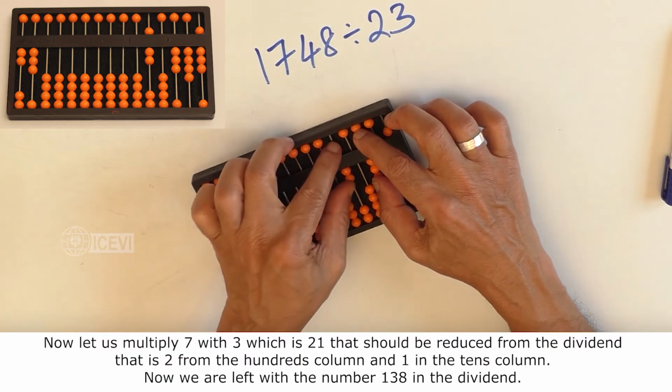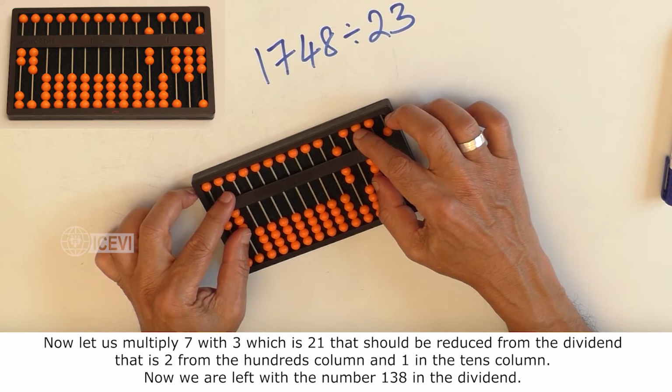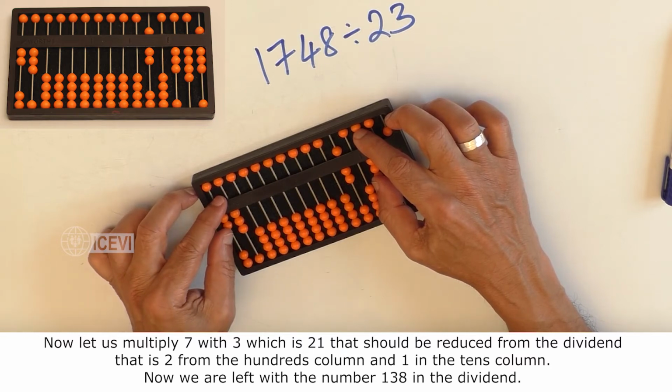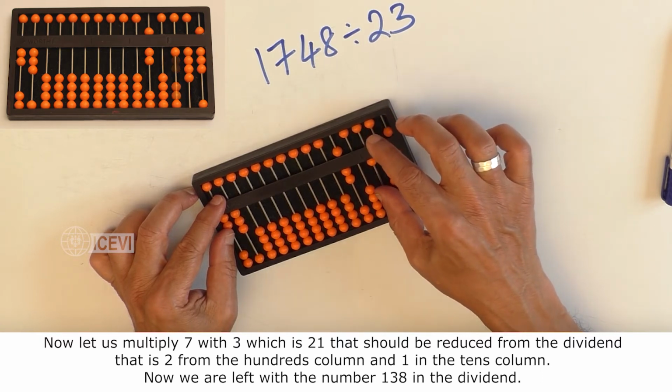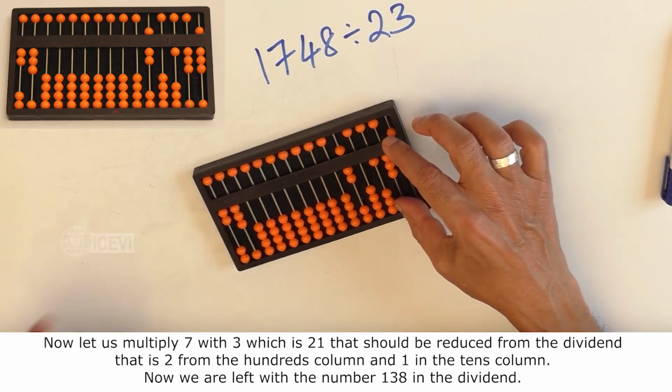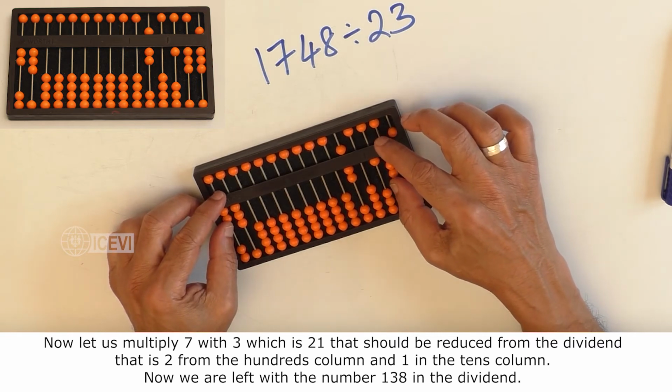Now let us multiply 7 with 3, which is 21. That should be reduced from the dividend, that is 2 from the hundreds column and 1 in the tens column. Now we are left with the number